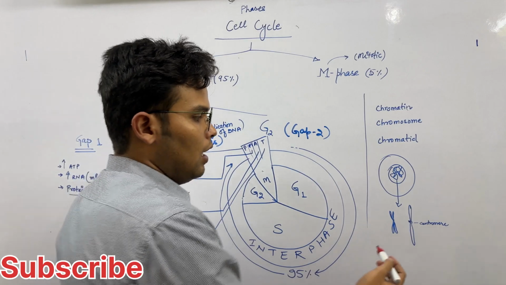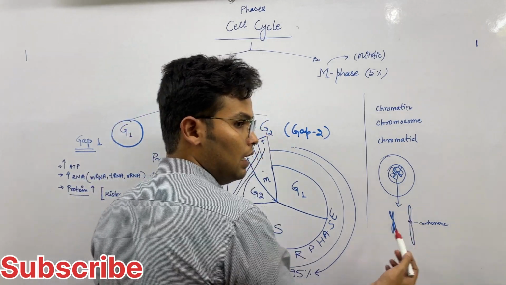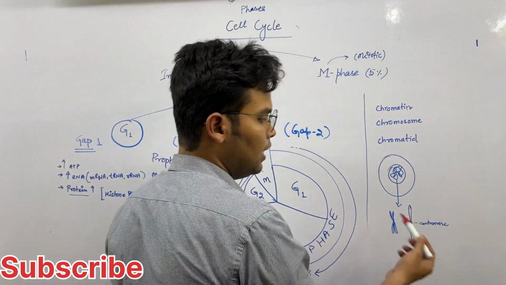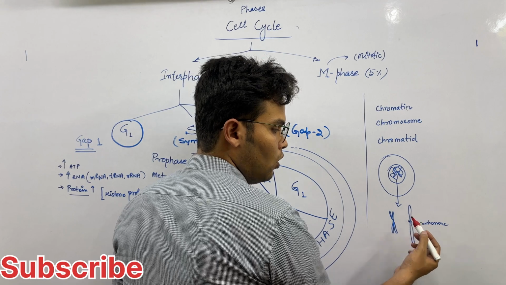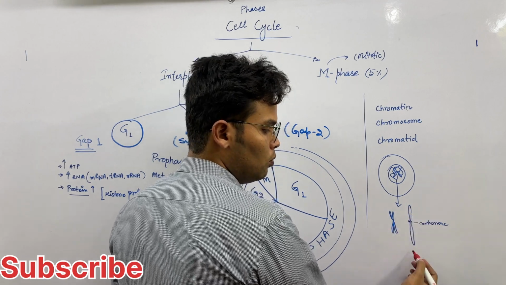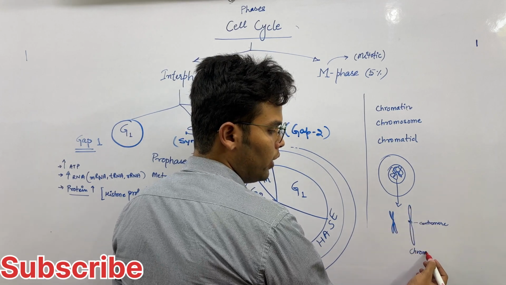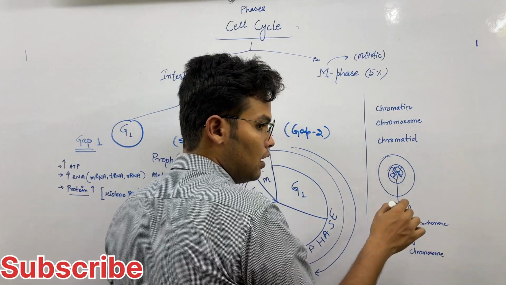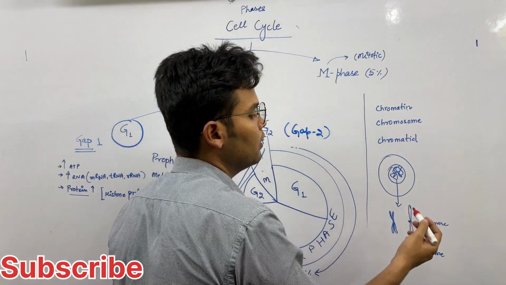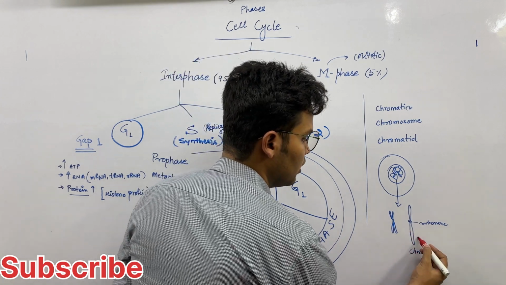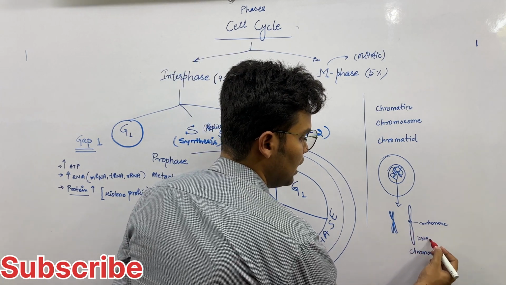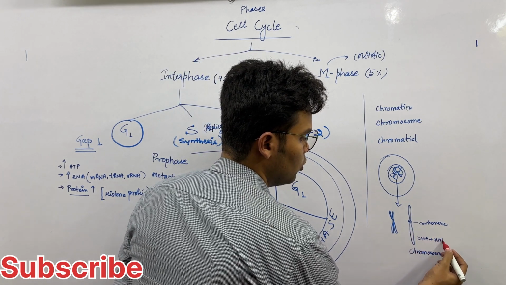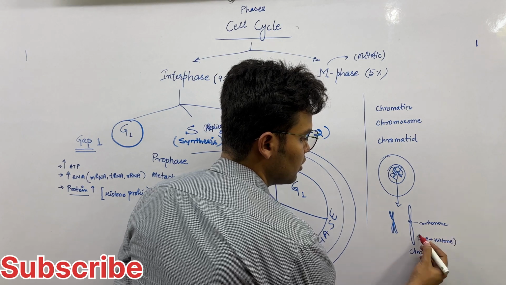If the cell content is increasing, then the content inside the chromosome will also increase, and whenever the chromosomal content is increasing, that means DNA plus histone both are increasing,